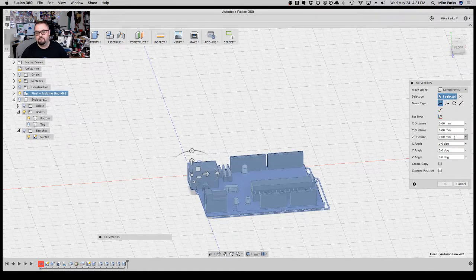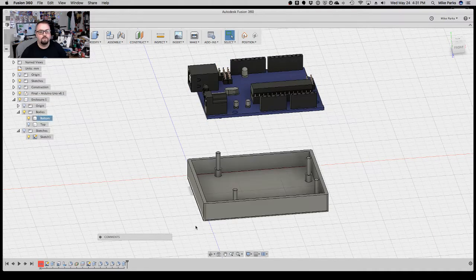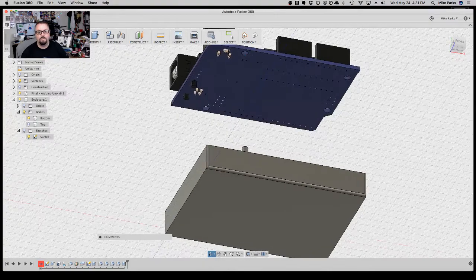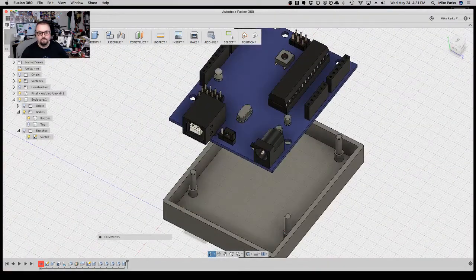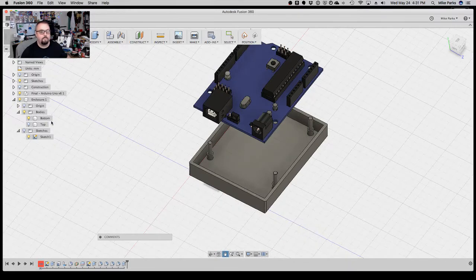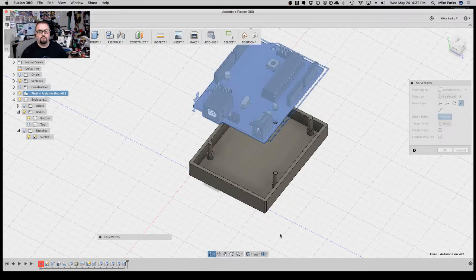At first, to just get it out of the way, I'm going to, for my head at least, get it up and out of the way. So I hit X. So now I toggle back on my enclosure. Basically, I'm going to want this mounting hole, the bottom of that hole, to sit on top of that standoff. Right? So let's try not to mess this up. We are going to hit M for move again, select the component, but this time instead of doing a translate, we're going to do a point-to-point move. And for my first point, I'm going to select,